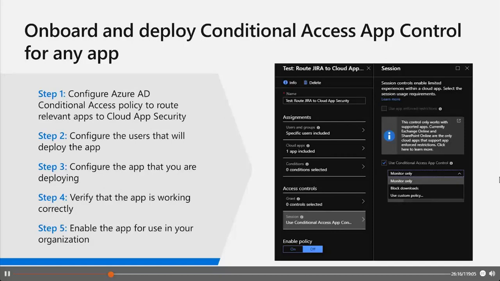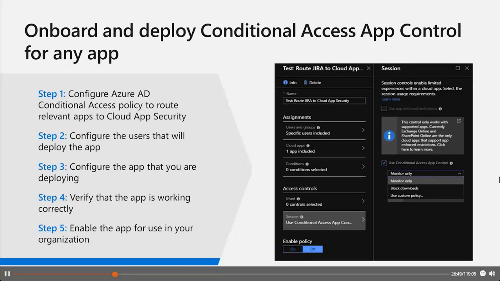In the first step, we create an Azure Active Directory Conditional Access Test Policy from our Azure portal. Then in step 2, we sign into each app using a user scope exactly to this policy. In step 3, we verify the apps that are configured to use the access and session controls. And step 4 is to test the deployment and verify that everything works against this configuration of